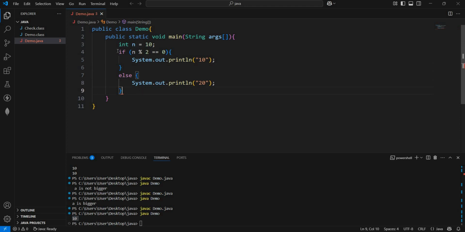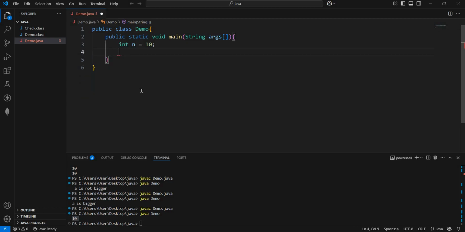Now what can I say? I can perform this whole operation in a single line, right? Can we do that? Yes, we can do that using the ternary operator. Let's see how it works. Now what is the ternary operator? It is a question mark and colon, right? Remember this. Now initially I declared int n is equal to 10, and I want to declare another variable, let's